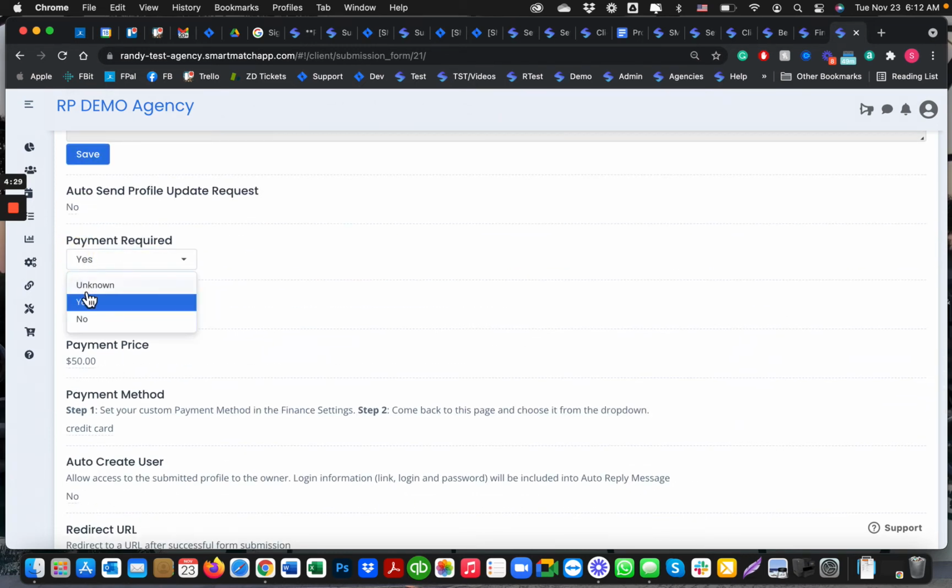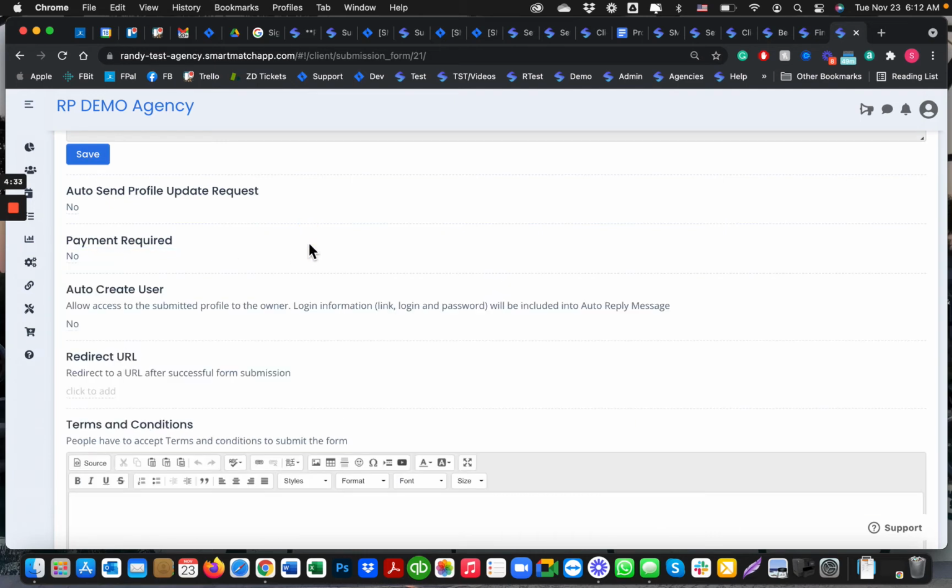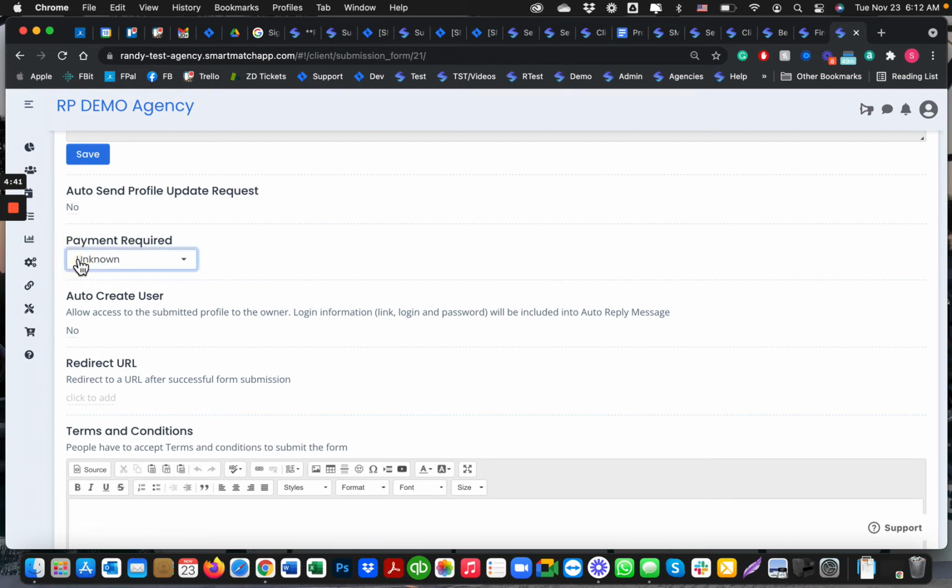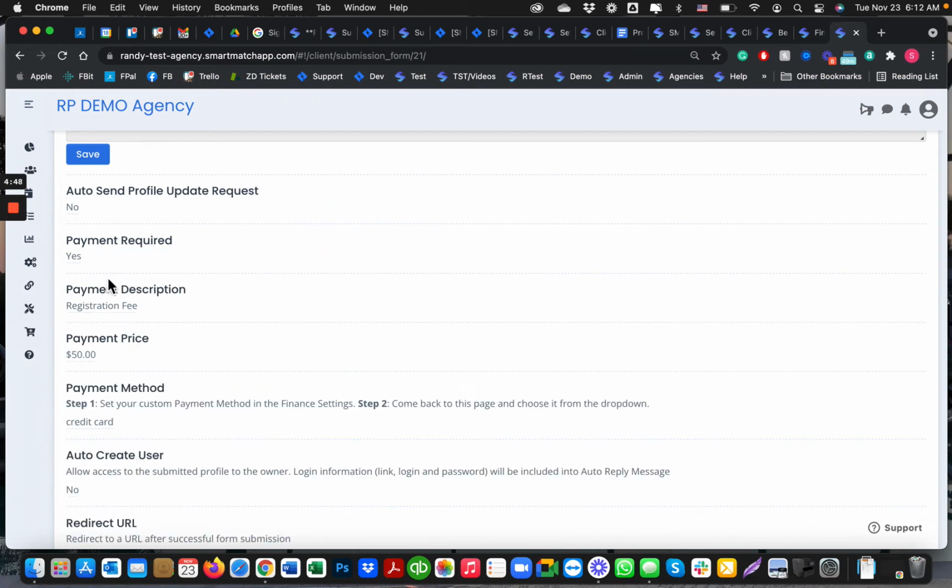Right now this is set to yes. I'm going to set it to no. Right now it'll always be set to no as default. So Payment Required, it's already set to no. If you wish to add a payment requirement, you just click it, set it to yes, and you are good to go. You now can write up your payment description, the amount of the payment,